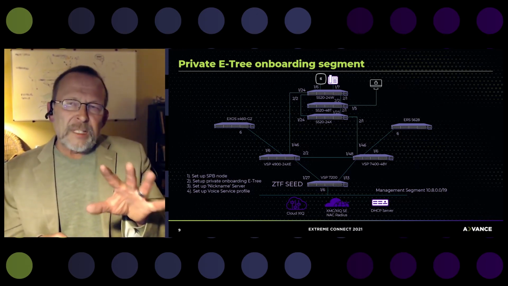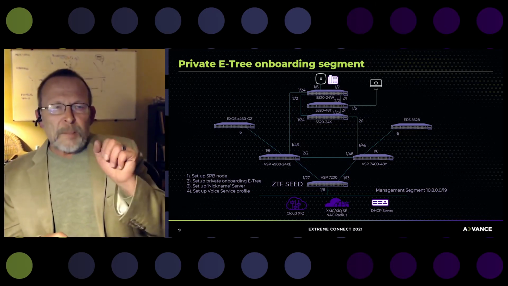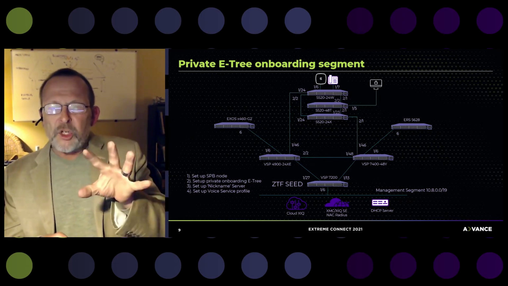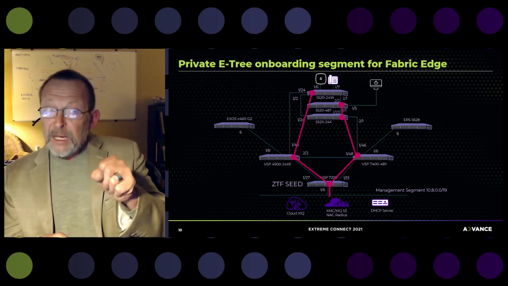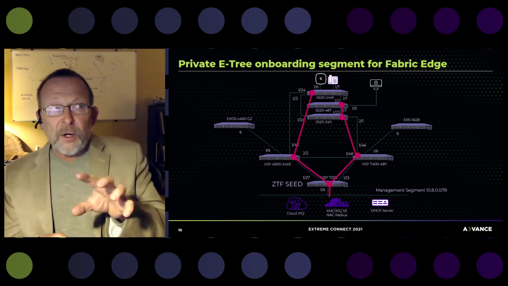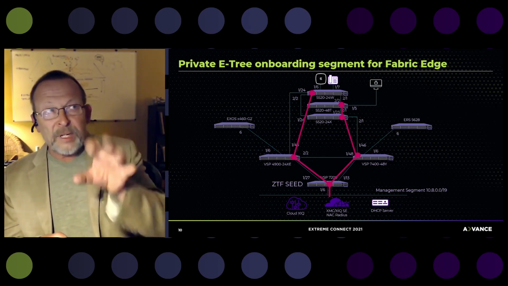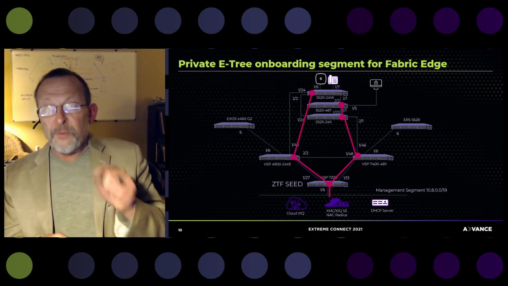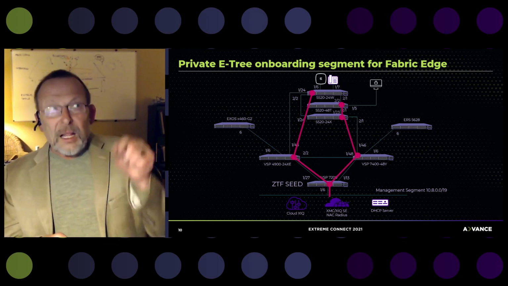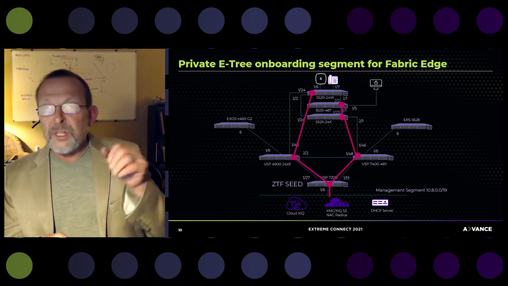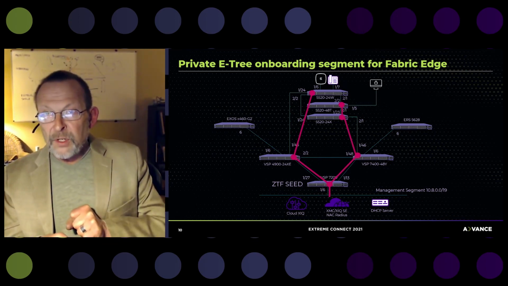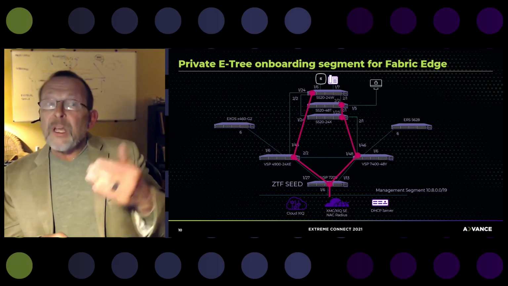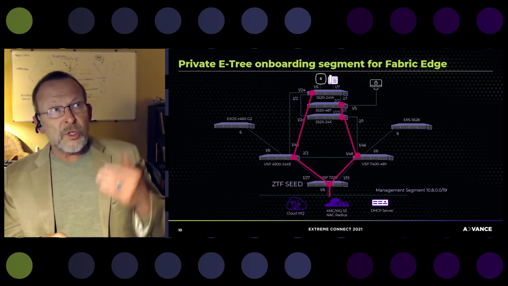The concept that I really want to display here is what builds out, this private onboarding E-tree. And the best way to show that is through a graphic diagram. So we can see that the Fabric Connect nodes are establishing the private onboarding E-tree directly through an I-SID. And in this case, this will be I-SID 4048. And that allows these switches to onboard once they establish their ISIS adjacencies.